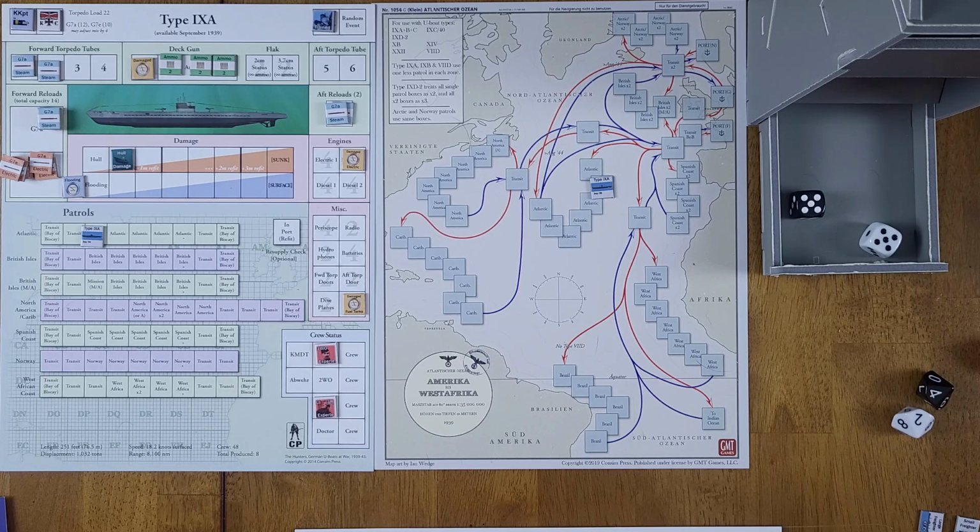So unfortunately, that ends my career. I'm kind of bummed. I was hoping to make it to the hunted, but yeah, the snowballing damage effects can catch up to you pretty quickly. So he did manage to sink a 9,200 ton tanker on this patrol, and I believe I was at 100,900 tons coming into this mission. So that would push us up to 110,100 tons of enemy shipping sunk for the U-39, as commanded by